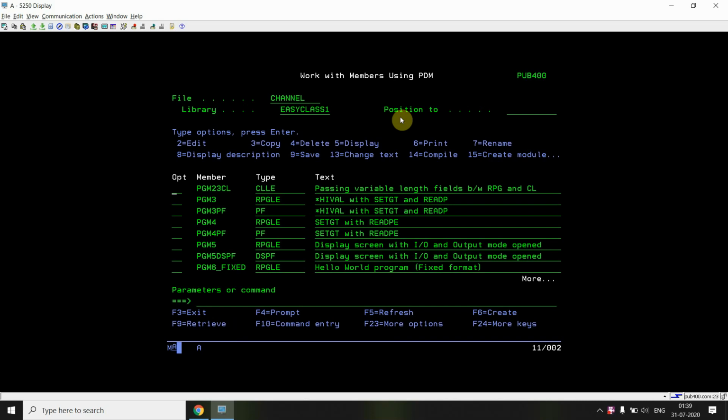So here you learned how you can pass a varying length field between RPG and CL. Whenever an input parameter is defined as a varying length field in an RPG program, and you have to call that program from the CL program, you have to pass that variable length field correctly. If you are not, then you will get an error.